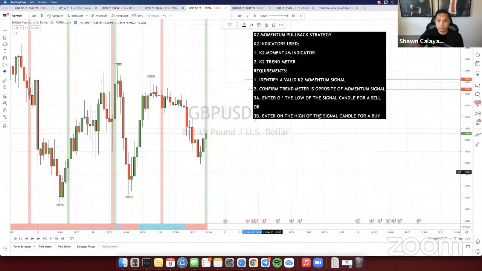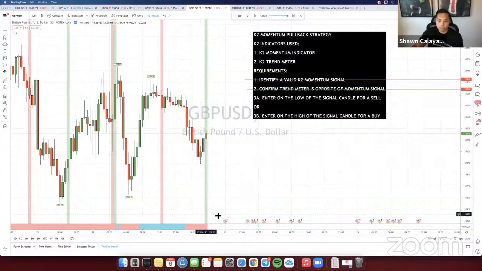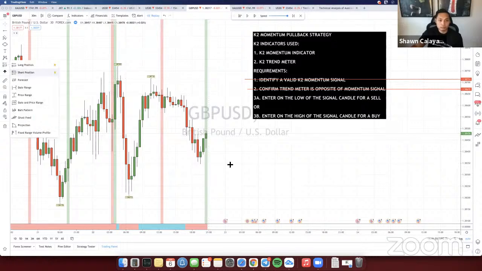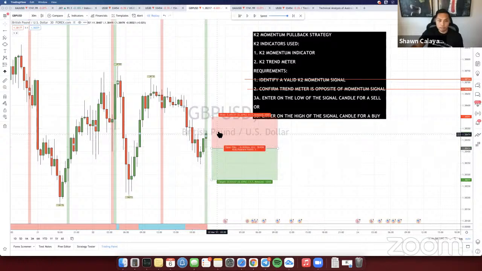So for example, right here, since trend is down, we're looking for a sell. So we're going to go with 3A right here. So we're going to enter on the low of the signal candle for a sell because the trend is down. So this is just a small retracement. So what we'll do is we'll enter right over here with the sell stop. So if we have this set up right here,